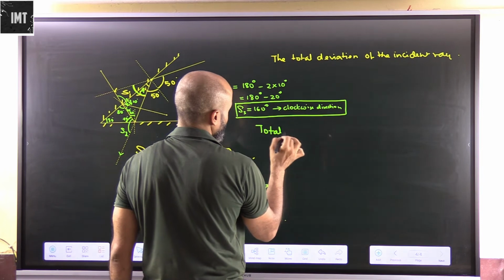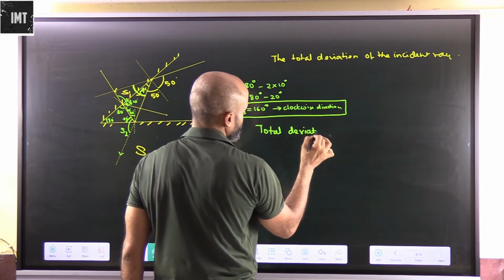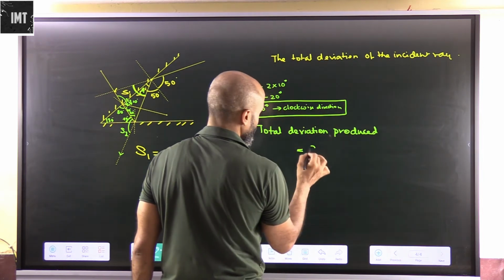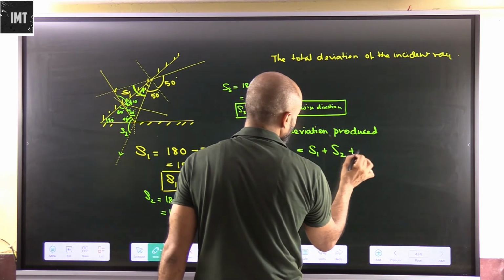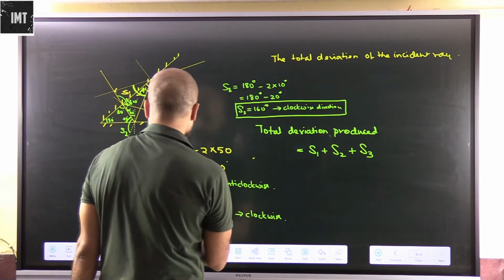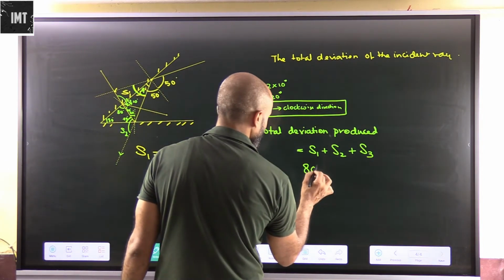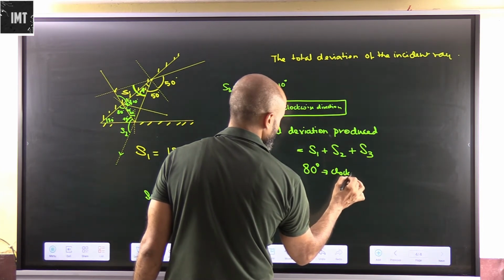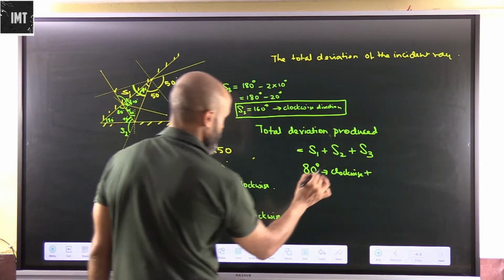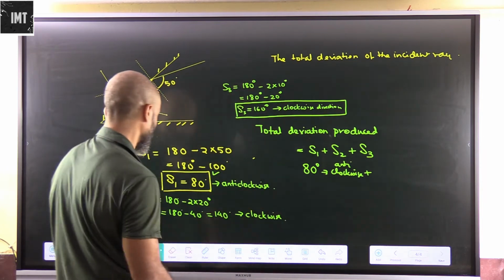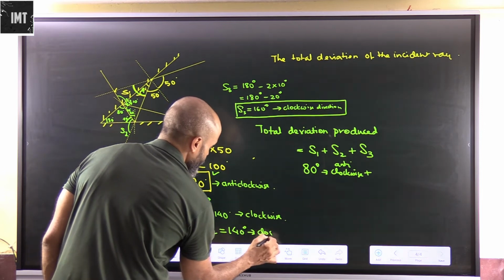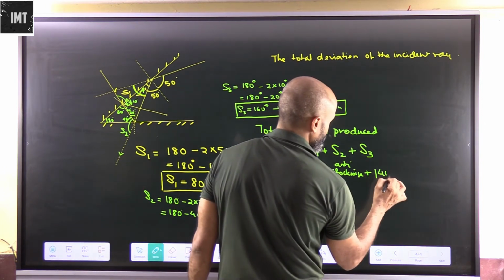Now the total deviation produced will be equal to delta 1 plus delta 2 plus delta 3. So delta 1 is 80 degrees clockwise. Delta 2, sorry, anti-clockwise. This is anti-clockwise, 80 degrees anti-clockwise. Delta 2 is 140 degrees clockwise. So this will be 140 clockwise,